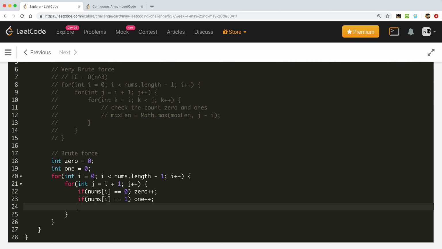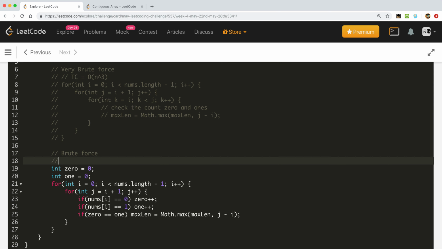In the end we will also check if 0 is equal to 1, we simply update maxlen, again the same maxlen with Math.max of maxlen comma j minus i. So this is the brute force solution, and we are simply using 2 for loops, so the time complexity of this solution is O of n square.